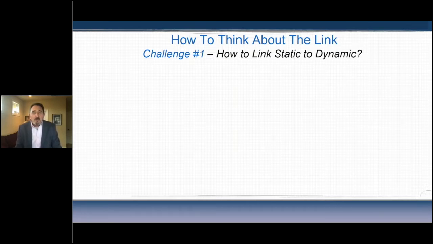All right. So how is it that this document that's so important in the process of portfolio management, how do you relate this static document to a portfolio that's always changing, that has not only the market influences, but unexpected influences? Could be lawsuits, could be what we're going through in COVID now with the concern about revenues and what's going to happen to businesses. So how to link a static to a dynamic portfolio is a challenge.